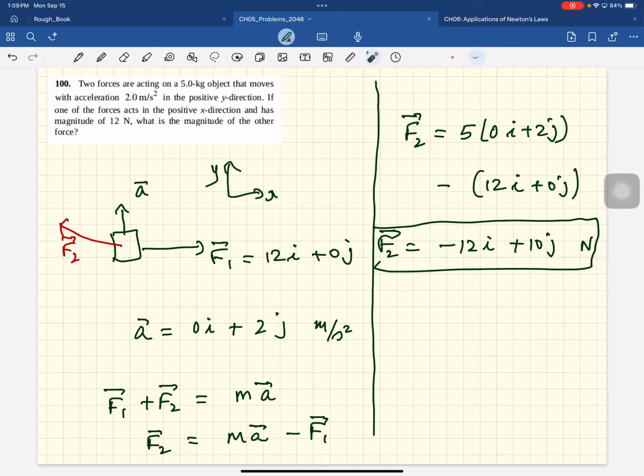So as we had said, it needed to have a negative x component equal to that, an x component canceling this, and then there's the y component giving you that acceleration. Okay. All right, guys, so